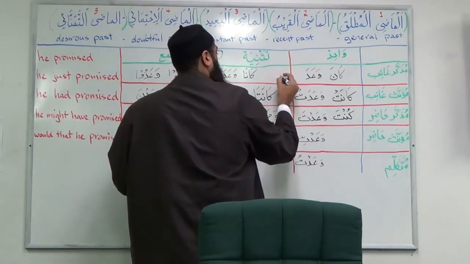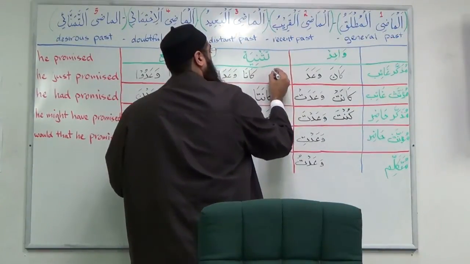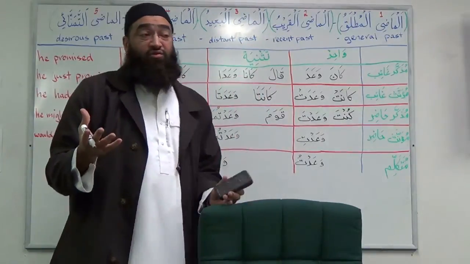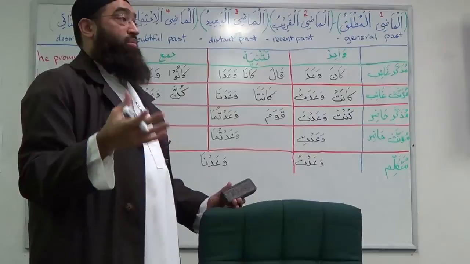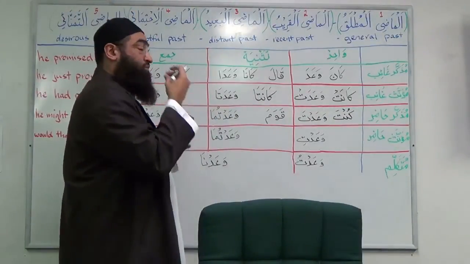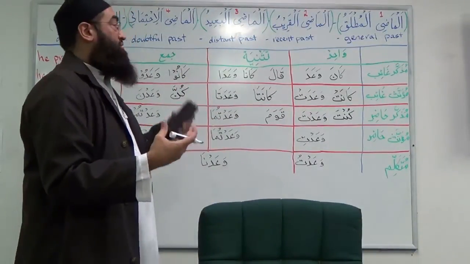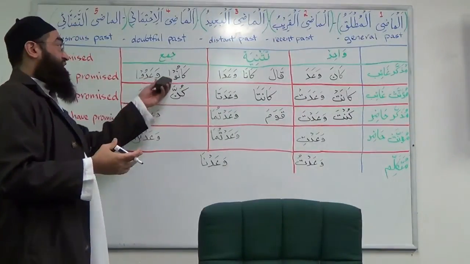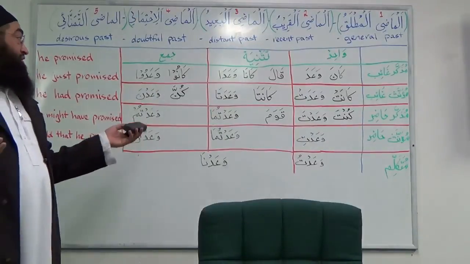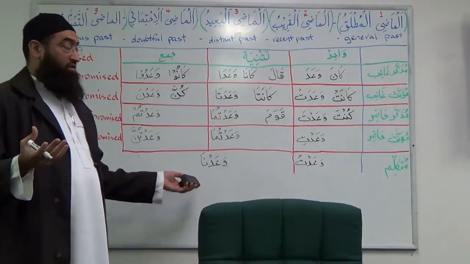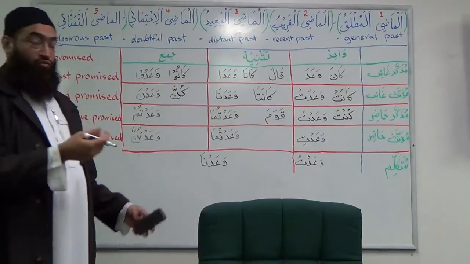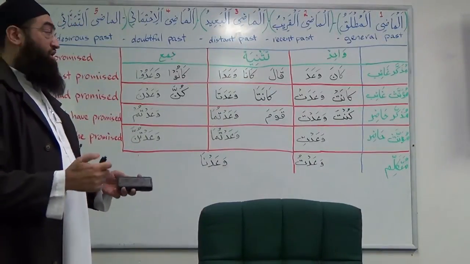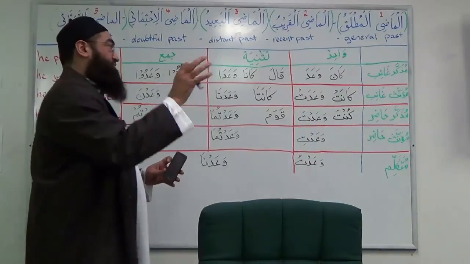And another word that comes a lot, and everybody should know this word, is qala. Qala Allah, qala Rasul, Allah said. Qala. Qala was actually also qawala. But because of the rule that I explained, it becomes easy on the tongue, so we changed it to qala. So qala, qalu, qalat. We hear qalu all the time. And then qulna, we said. Qultu, I said. All right? Qumtu, I stood.